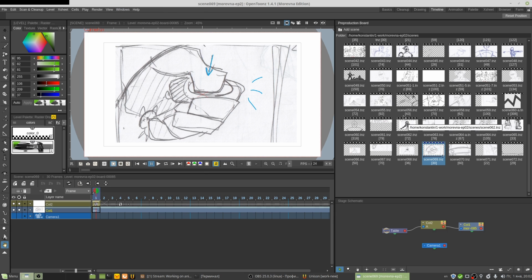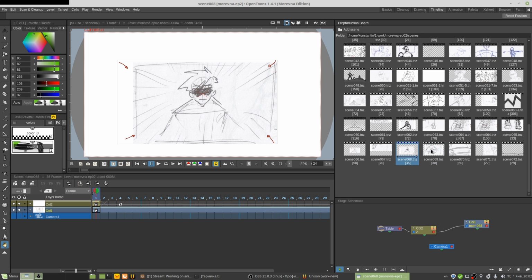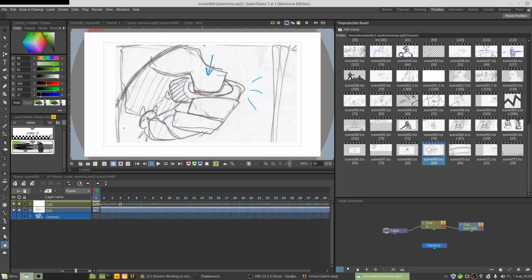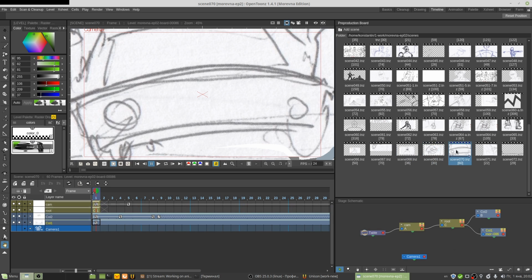So currently it is very simple. It shows a list of available scenes in the current project. You can click on any shot or scene to jump from one to another,